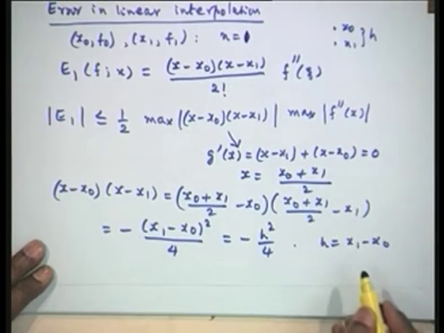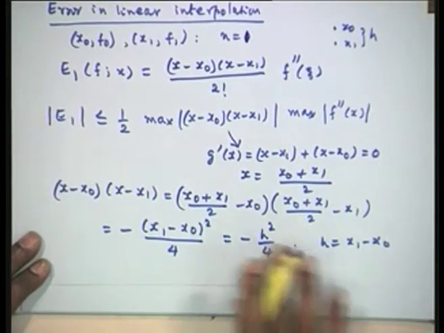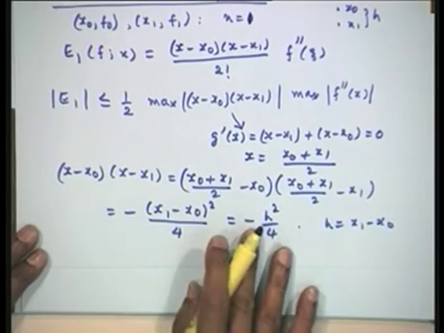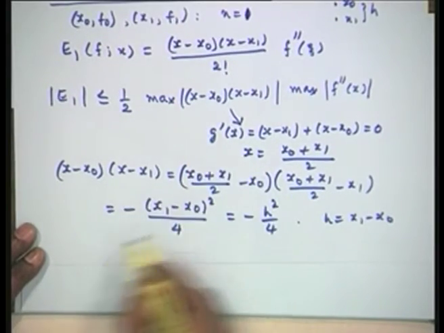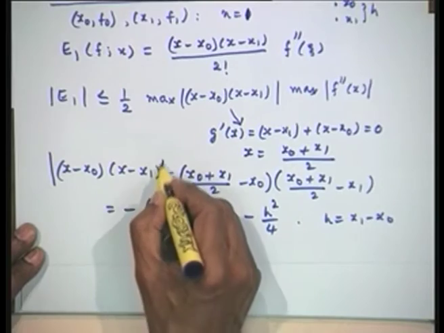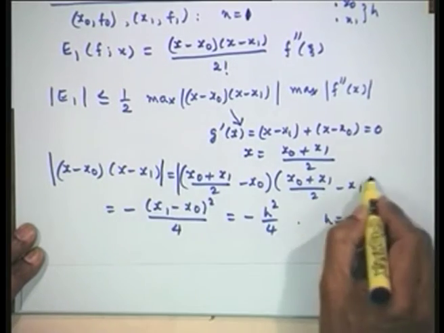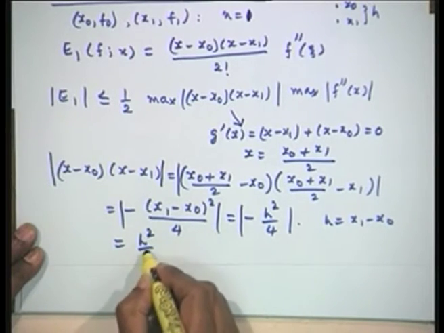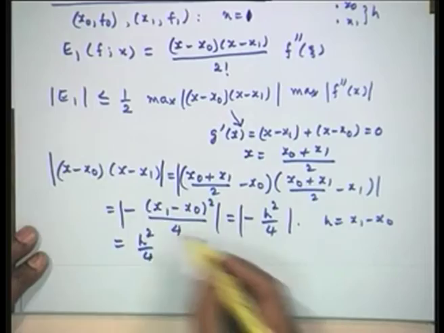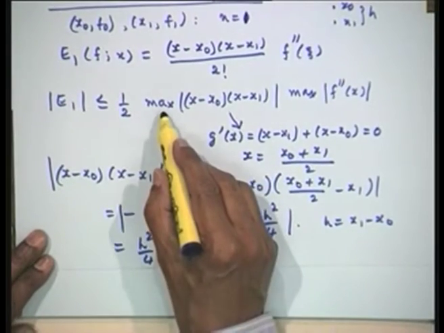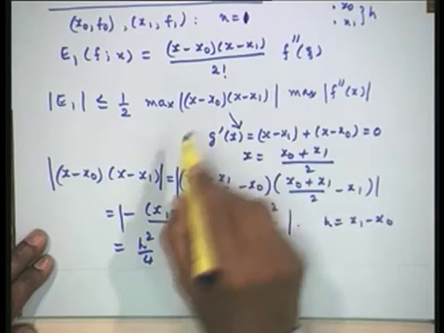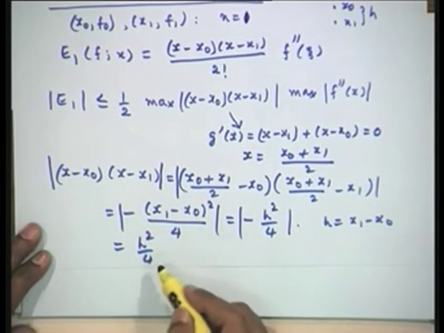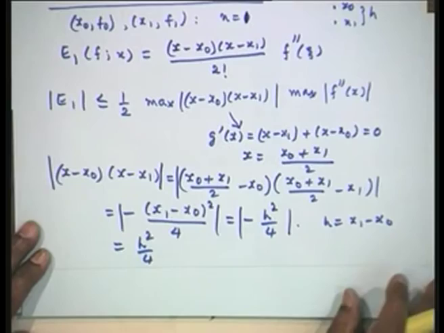But this is the point of minimum. No, I have not yet said it is maximum. I just evaluated it. I will have to write down the magnitude. Once you put this magnitude, this will become h square by 4. I thought I will do it in the next step, but since you have asked, what we are talking about here is the maximum of magnitude. So, this will give you the maximum magnitude is this one. Therefore, the maximum magnitude is h square by 4.